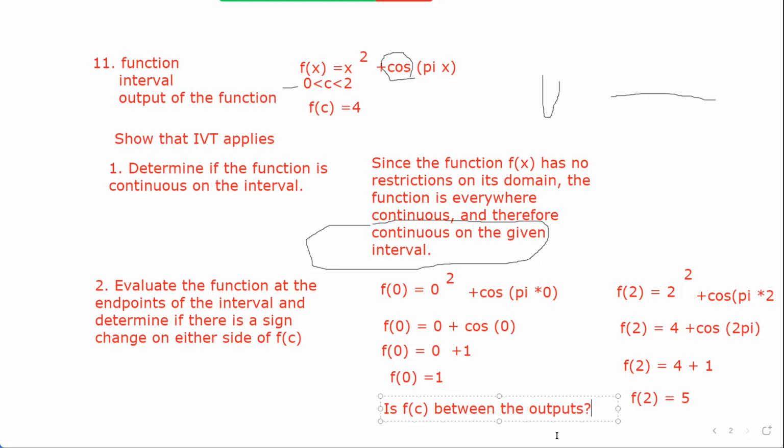I have a question. If f of c was 0, would you be able to do the thing? No, that's what I just told you. That's why I wanted to point this out, because that's another confusion that comes. When we were doing roots, we couldn't do it, because when it's a root, f of c has to be 0, right? Is f of c between the outputs? Yes, it is because